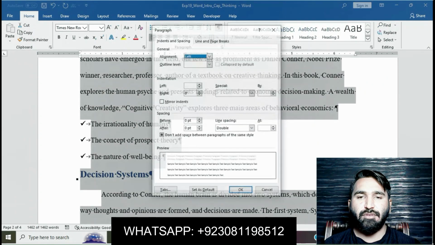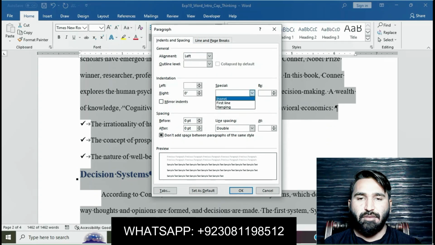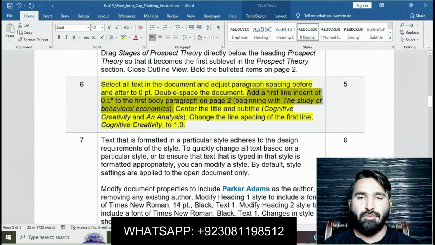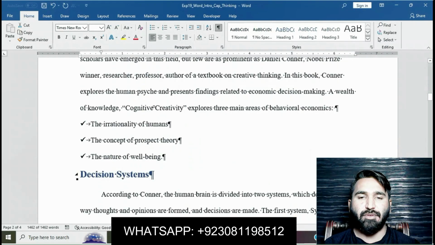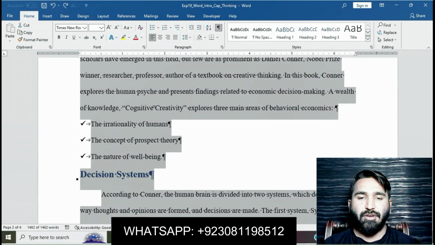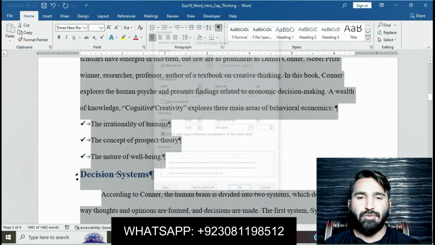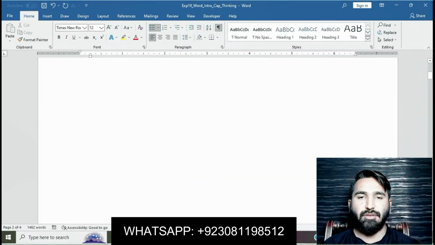Go to Paragraph, then first line 0.5 to the first body paragraph. Then press OK.